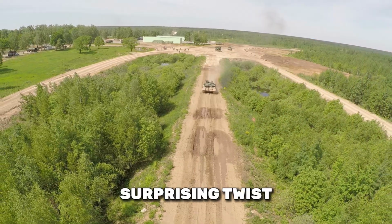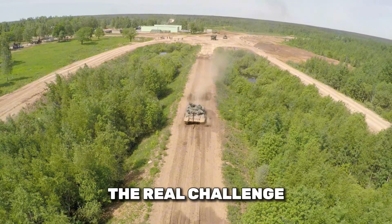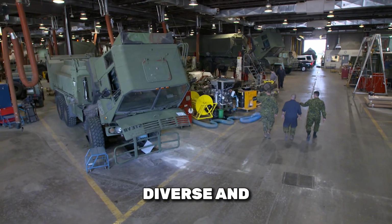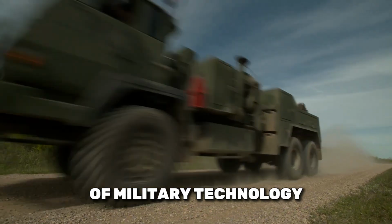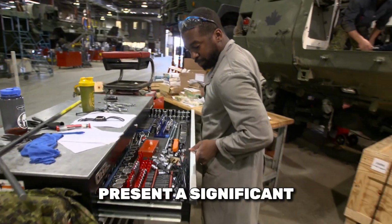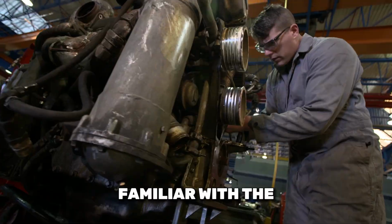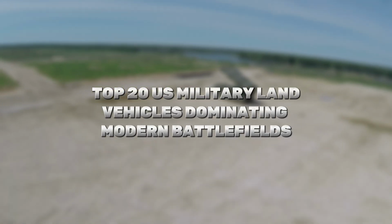Here's the surprising twist. Despite all these advanced vehicles, the real challenge lies in the logistics and maintenance of such a diverse and high-tech fleet. While these machines are at the forefront of military technology, the complexity and cost of maintaining them present a significant hurdle for the military. Now that you're familiar with the top 20 US military land vehicles dominating modern battlefields,